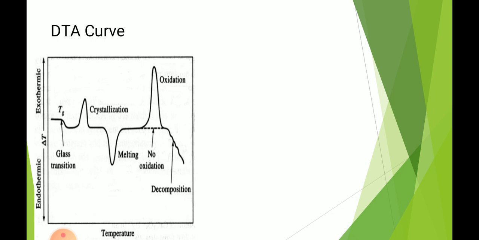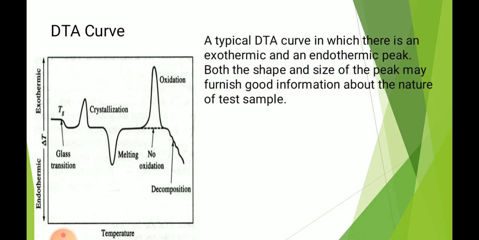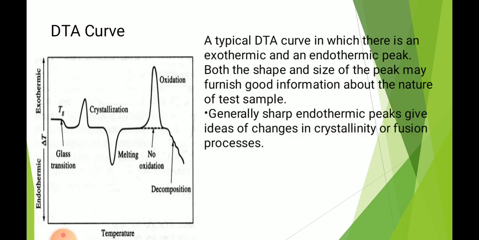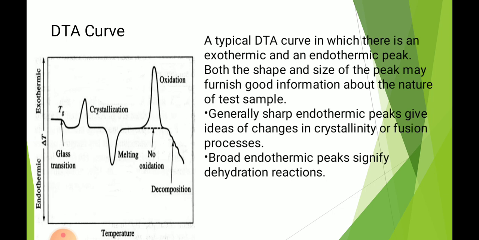an endothermic peak. Both the shape and size of the peak may furnish good information about the nature of the test sample. Here, in this case, the sharp endothermic peaks give ideas of changes in crystallinity or fusion processes. Broad endothermic peaks signify the dehydration reactions. In most of the cases, physical changes give rise to endothermic curves, whereas chemical reactions like oxidation give rise to